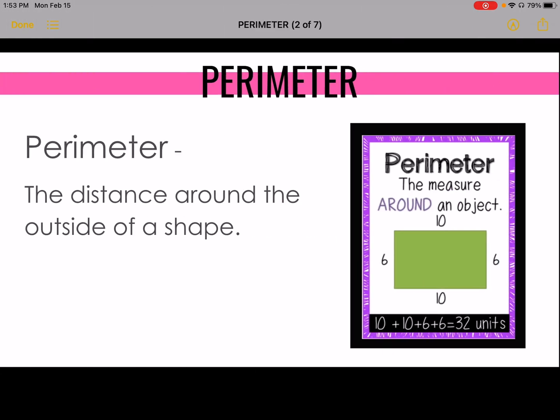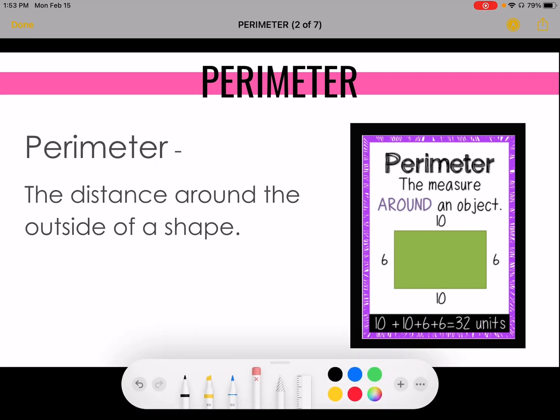All right, so first let's look at what is perimeter. Perimeter is the distance around the outside of a shape, okay? The outside edge. So we think about, like, a fence around the outside of a yard, things like that, the outside edge, okay? And so you can see here in this rectangle, the outside edge is what we're talking